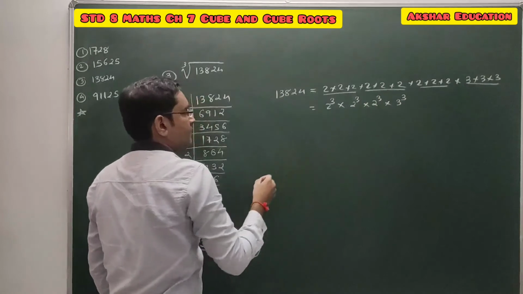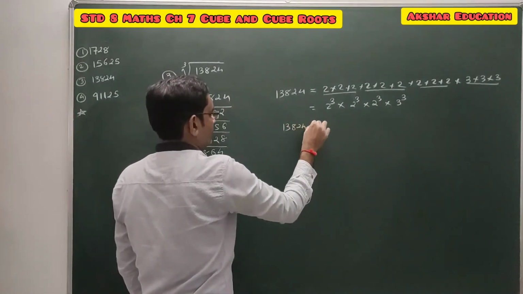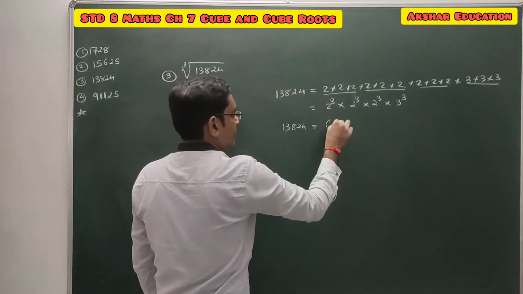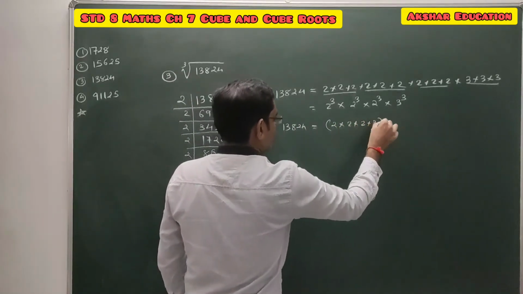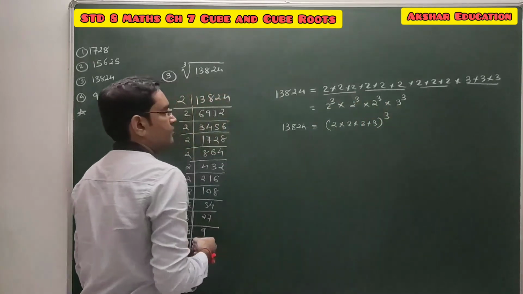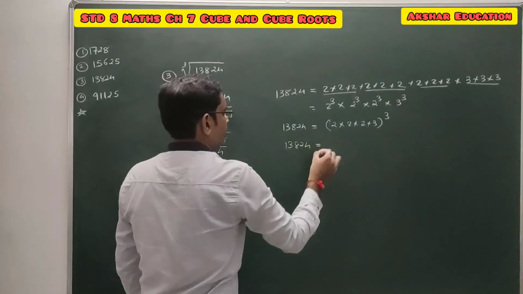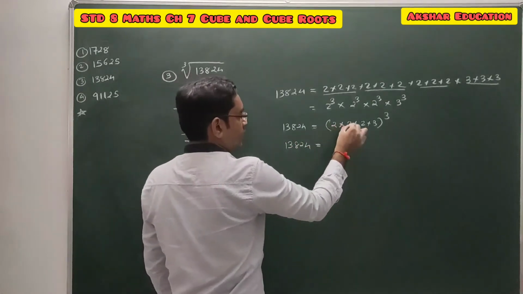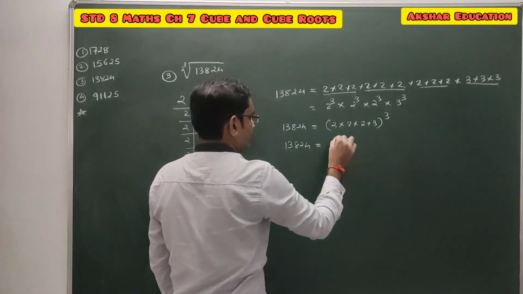So here we can take this 3 as a common. So this 1 3 8 2 4, 3 common means है ना, मल्टीप्लाई को मल्टीप्लिकेशन ऑफ ब्रैकेट में करके कॉमन पावर 3 करेंगे. So this 1 3 8 2 4 is nothing but the cube of which number? 2 2s are 4, 4 2s are 8, 8 3s are 24 cube.